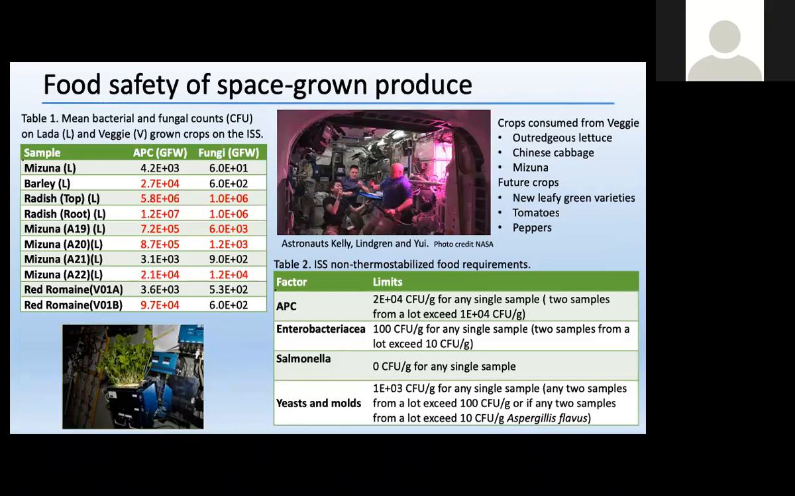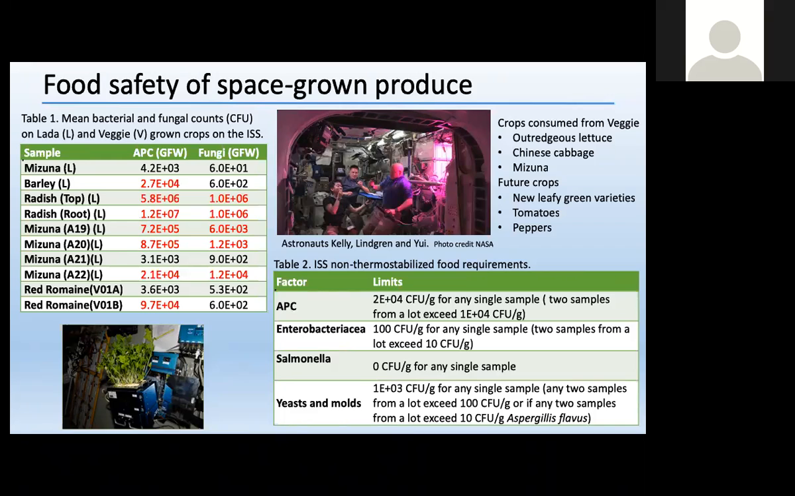We've been looking at food safety of space-grown produce for quite some time, starting with the Russian Lada vegetable production hardware. This picture shows a mature crop of Mizuna, but currently our focus is on what we're growing in Veggie. So this picture shows the first consumption of a harvest of Outredgeous, which is a red romaine lettuce. And you can see the astronauts are kind of making a toast with their lettuce leaves. So since that first